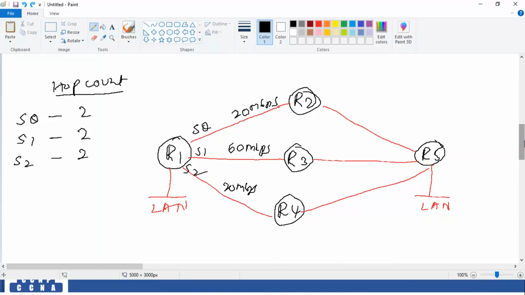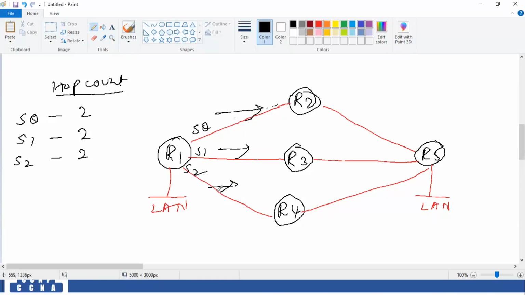So in this case, when hop count is equal to reach one destination, the RIP protocol will use all 3 links. We call it a load balancing mechanism. If you use any one, then all traffic will come to that link, with more load on the link. So why can't we use the 3 links? All 3 are equal, the hop count is the same. Then the RIP protocol will send traffic via S0, S1 and S2 with load balancing,